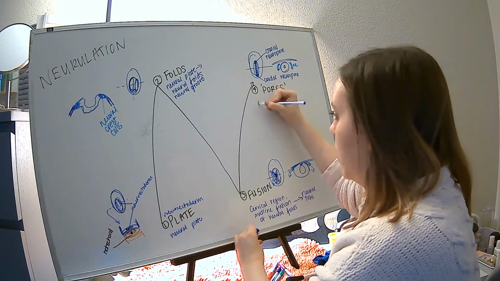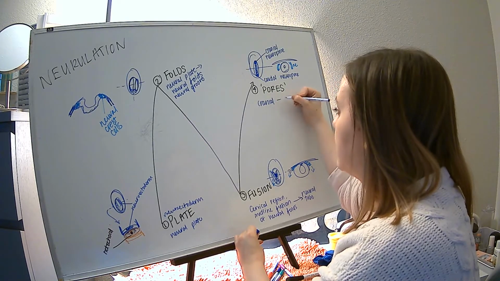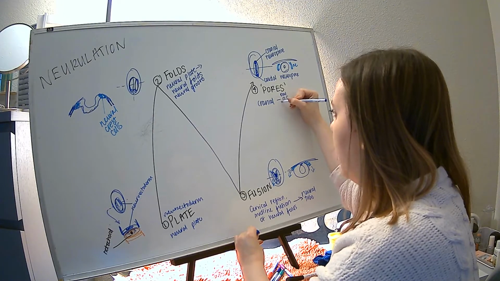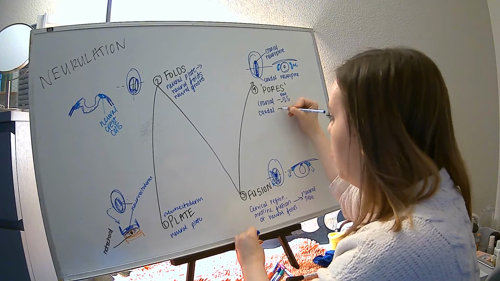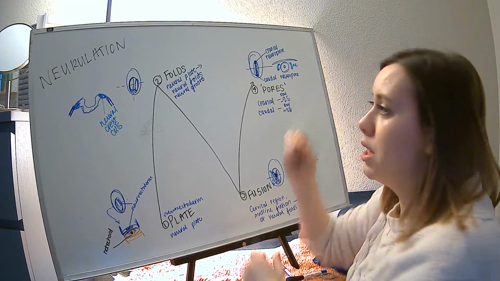So the cranial neuropore, you'll sometimes also see it called the anterior neuropore, is going to close around day 25. These are approximate. And then finally, that caudal neuropore will close around day 28,